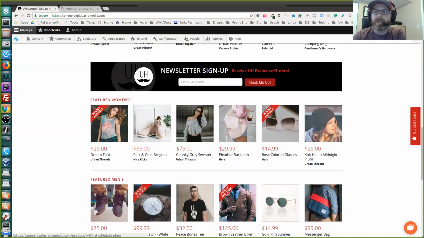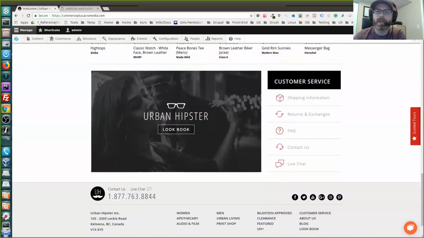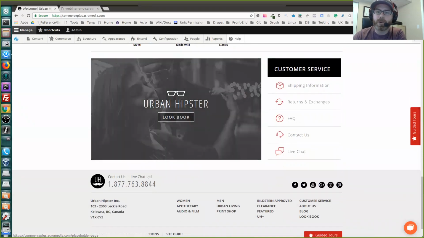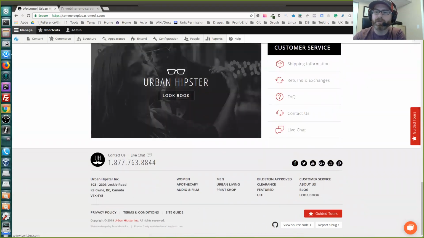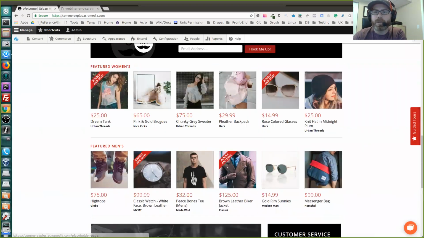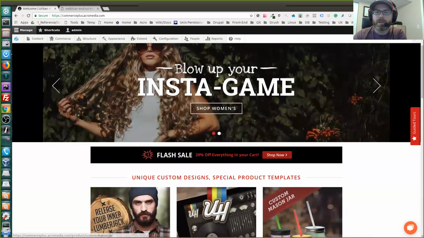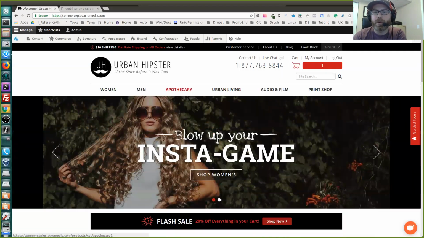We've got a little newsletter sign up, a common element for any e-commerce website. And then just some more calls to action and kind of your typical footer. Once you get into Drupal Commerce, or sorry, into the site here, if I go to one of these pages,